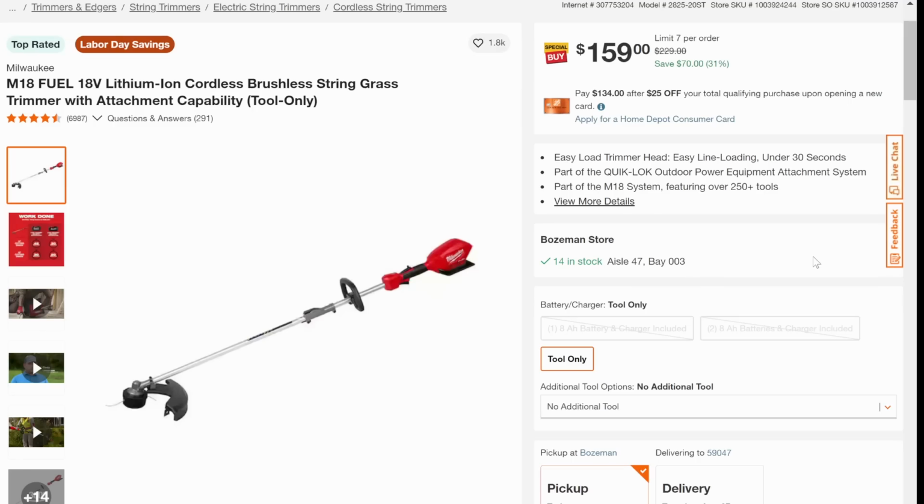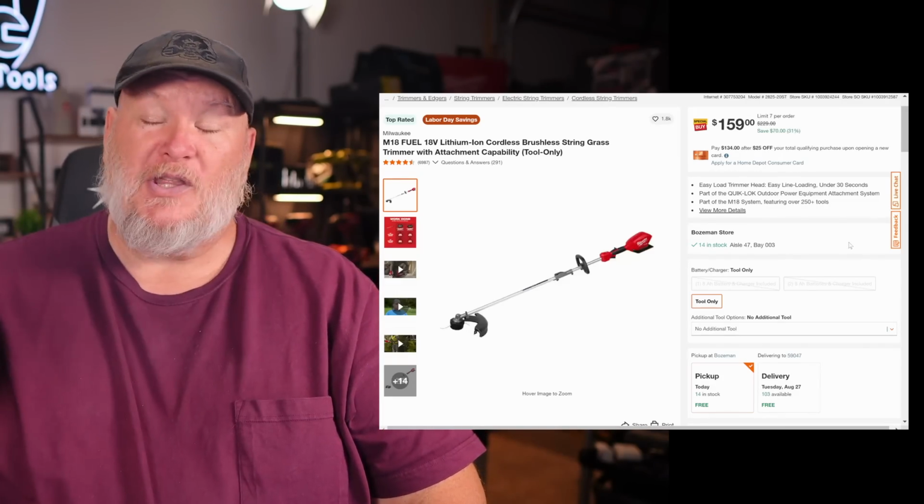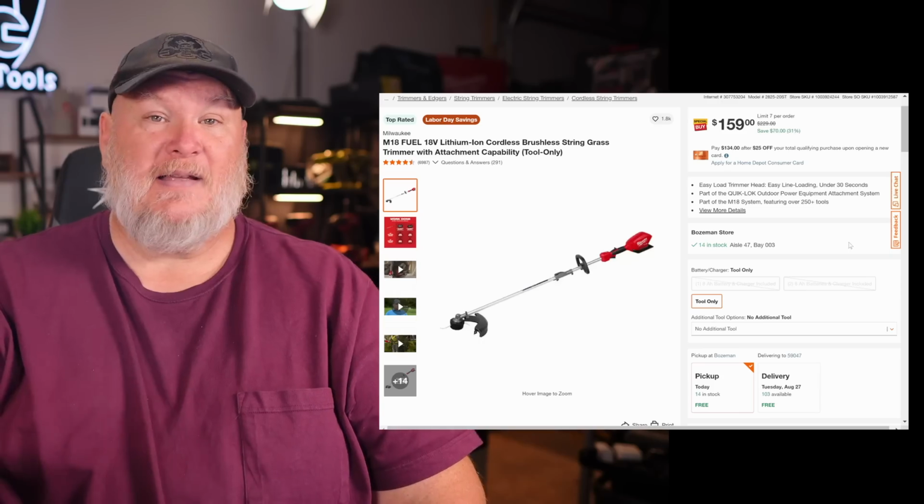We got the M18 Fuel. I've talked about this a bunch, okay? I've told the story. My neighbor has this. He's really happy with it. I tried it. I was surprised with the power. I've recommended it a bunch. Well, I gotta tell you,